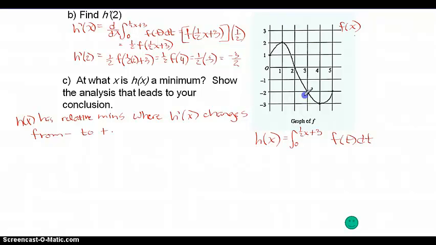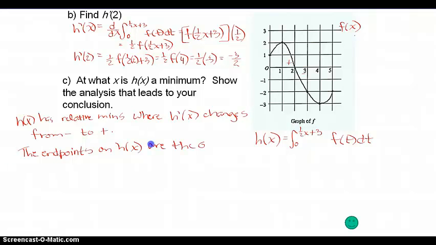So let's go look at our graph. Are there any x values here where this graph changes from negative to positive? And we can clearly see there's not. Now there's one x value here where it changes from positive to negative, but not negative to positive. So the only candidates are going to be the endpoints. The endpoints on h, not on f, the endpoints on h of x